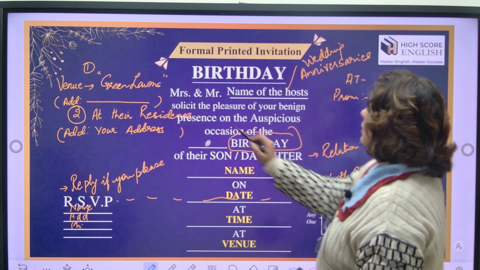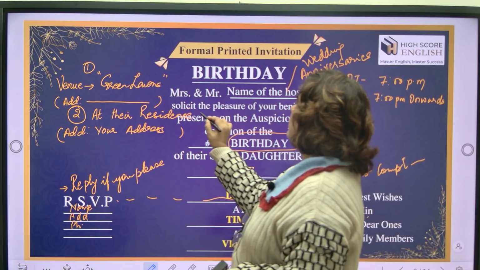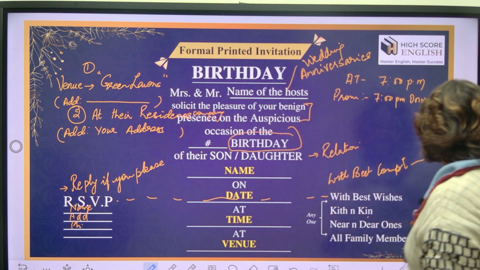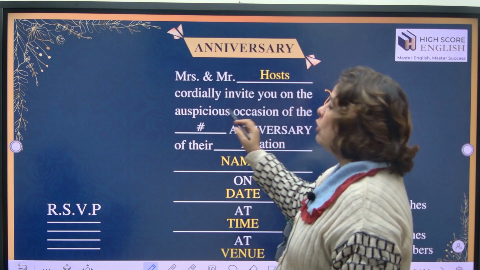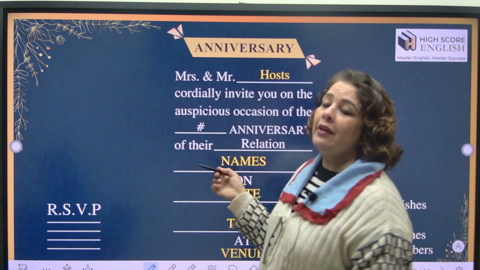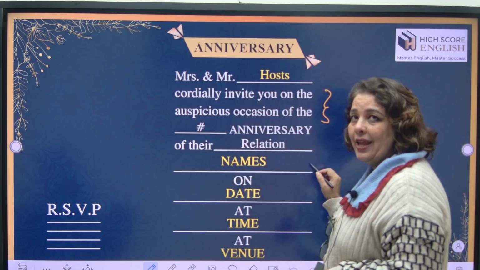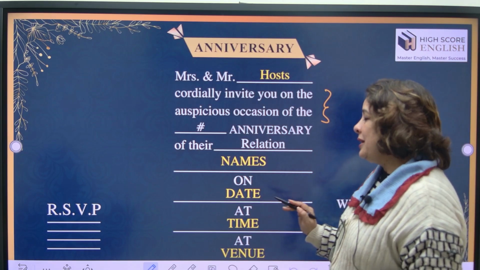Okay, like I told you, solicit the pleasure of your benign presence, okay, or company. Presence will also do, or company will also do. If you find this language a little tough, then go for the simplest one. The simplest one is this one. Cordially invite you on the auspicious occasion of the first wedding of their, you can say, children, and you will write the name of the couple, date, time, venue, everything is going to be same, okay,